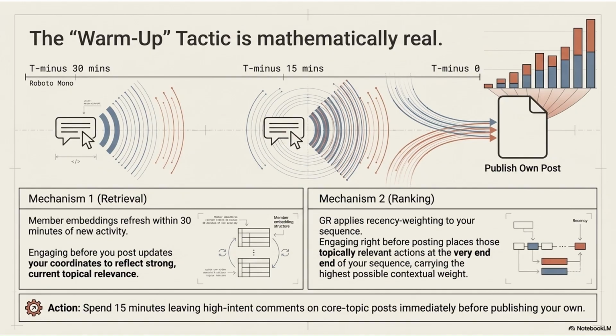You have to make those signals so undeniably strong, so completely focused that they overpower any systemic noise or baseline variance. You have to write with absolute, ruthless precision. You cannot access the model's weights to change how it calculates, but you possess total control over the inputs you feed it. Okay, we have covered a massive amount of ground today, moving from a dead mechanical system to a